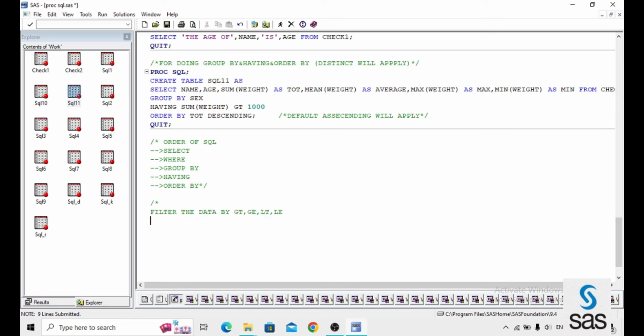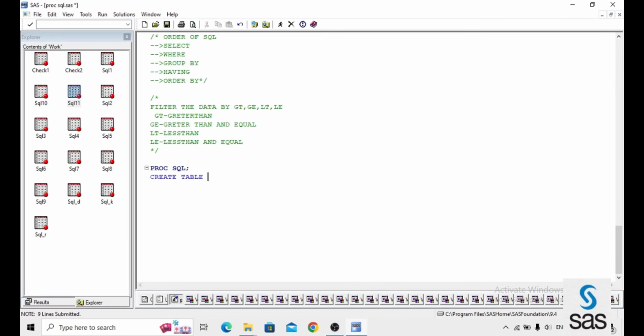And for the filter we apply some symbols, represented with GT greater than, GE greater than or equal, LT less than, LE less than or equal. It's only on numeric variables. Proc SQL create table SQL12 as select, these are the variables, it's nothing but a keep, just like a keep. And from check1 where height greater than 60 and quit.